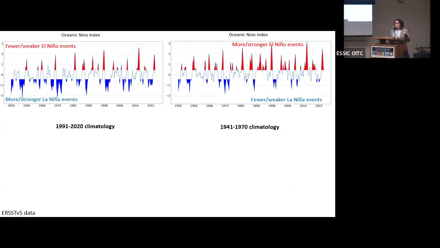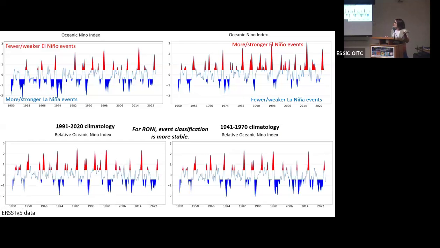You're already kind of familiar with this sort of jump that we see when you go from a warmer to a cooler climatology. And so again, these differences are visible. You can really see the shift. All right, let's look at the same time series, but in relative space. Here it is. And so here I'm using a 1991-2020 climatology in the relative SSTs, and here I'm using the older climatology on the right-hand side.